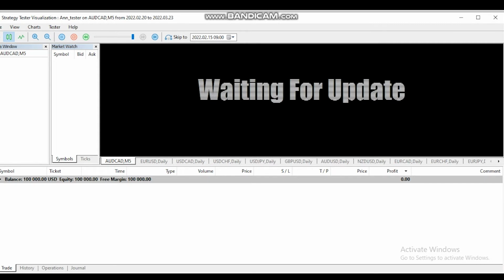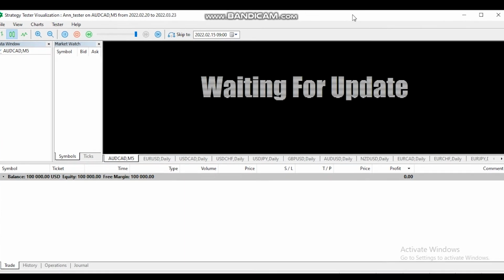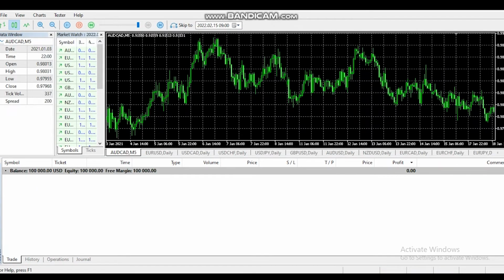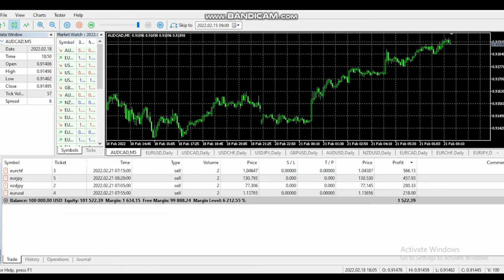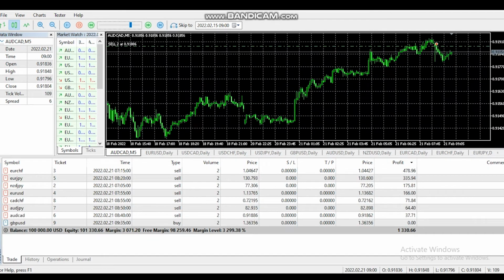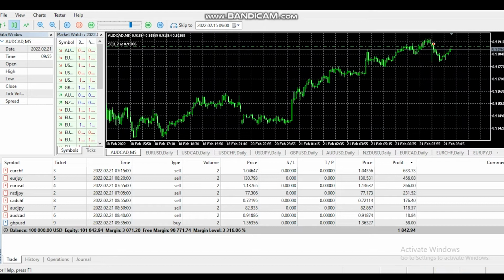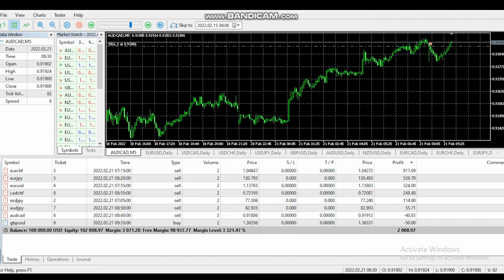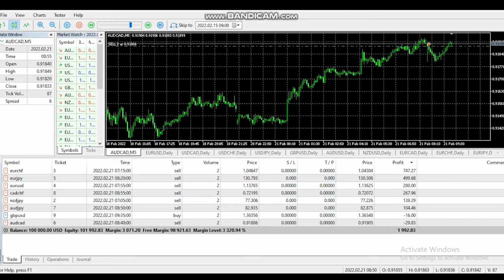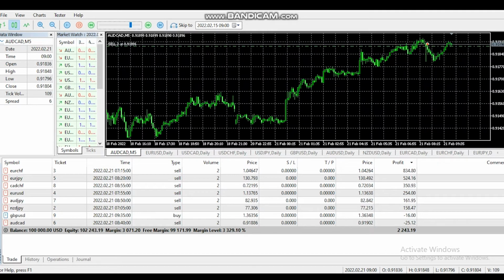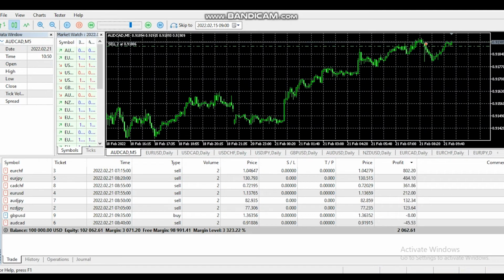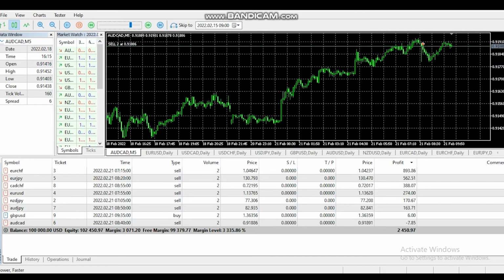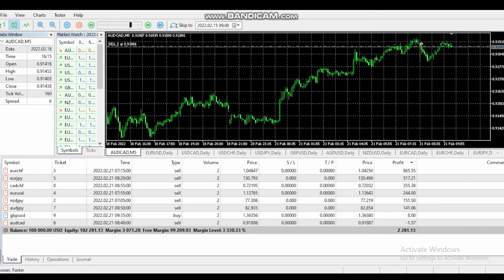increase the speed a bit. So it begins to enter trades. As you can see, it enters a trade on the Australian dollar, Canadian dollar, which is the one that I'm currently on. As I mentioned, you can see entry is quite good, but you will notice it'll probably not be so good with exits. In any case, it's just waiting to hit the take profit that's assigned before it closes any one of